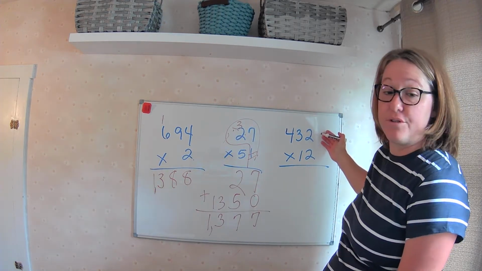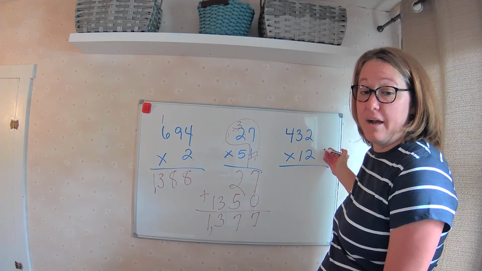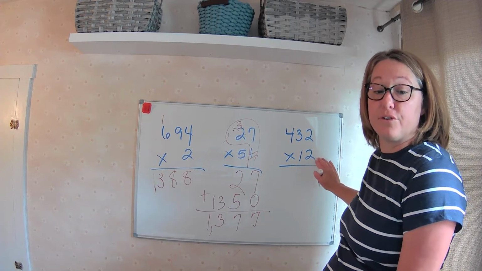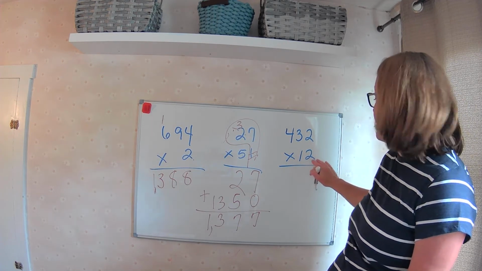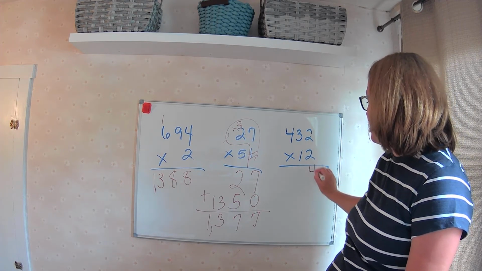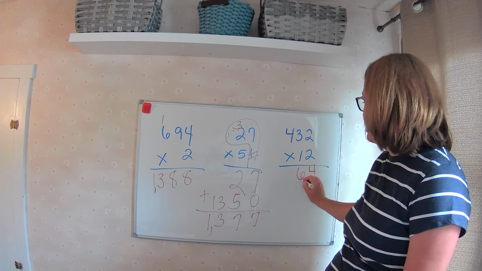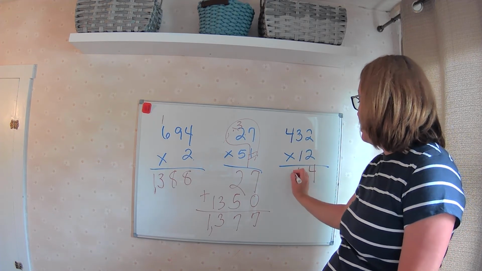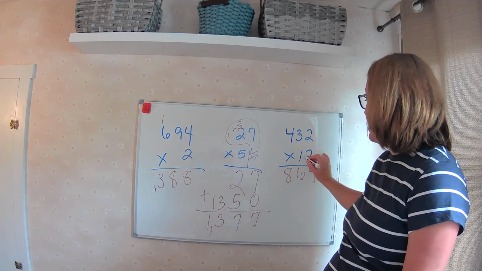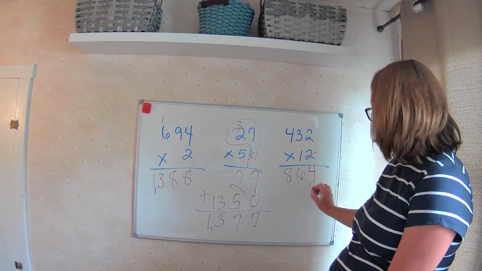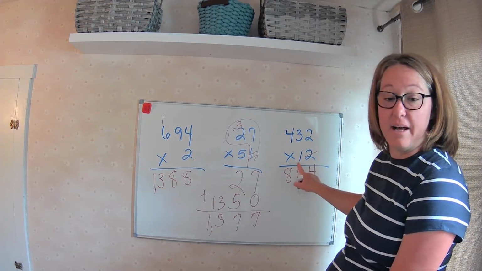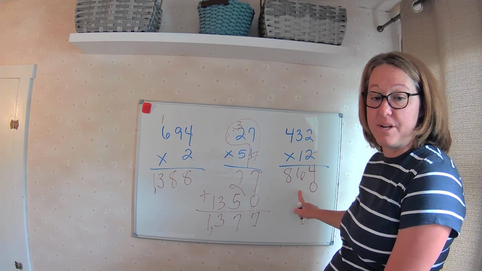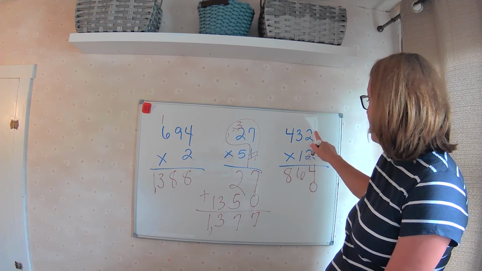All right. Now again, I have 432 times 12. Again, I'm only going to focus first on the first 2, this right here. So 2 times 2 is 4. 2 times 3 is 6. 2 times 4 is 8. Again, since I'm done with that, I'm going to put a space holder here. I'm going to the second column. I need to start on the second column down here. So 1 times 2